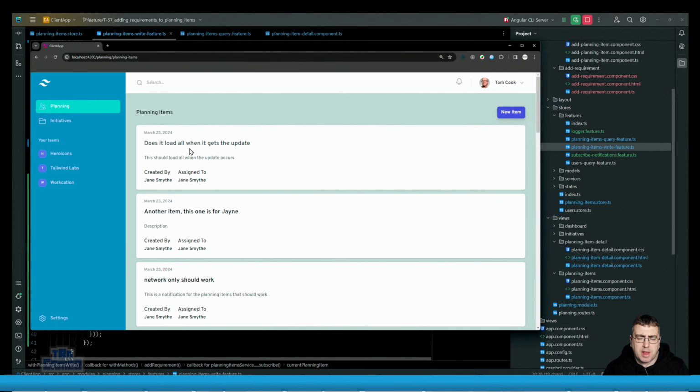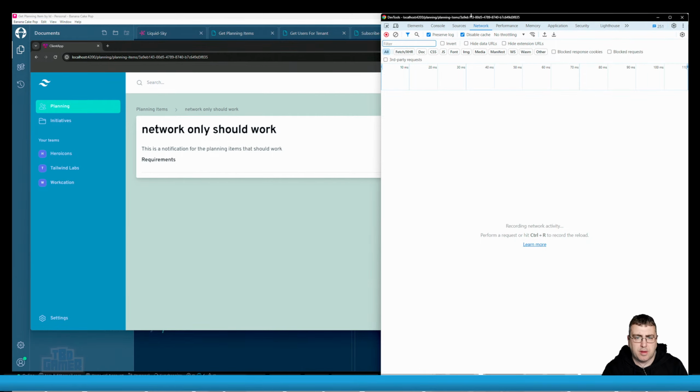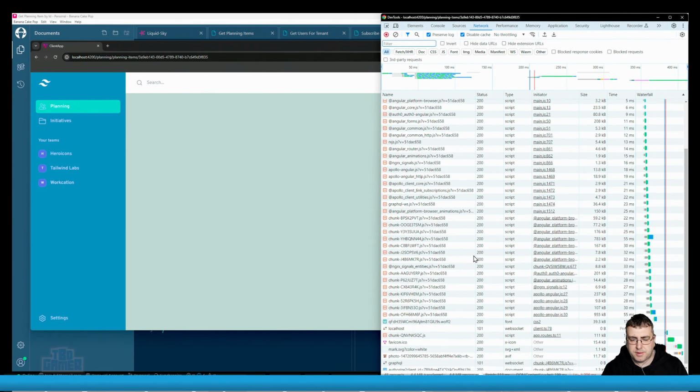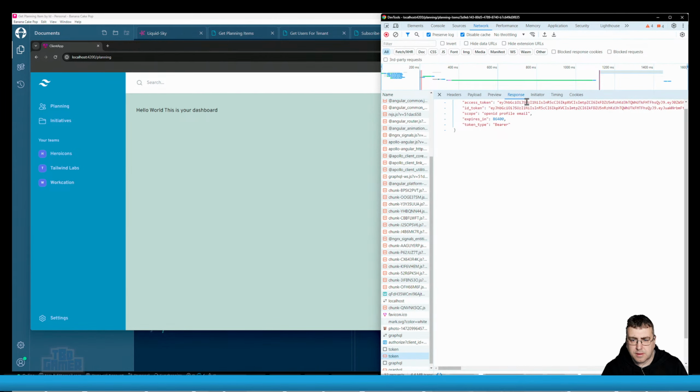So if I bring up Banana Cake Pop. Yes, that's actually the name of the tool, Banana Cake Pop. So if I go here,